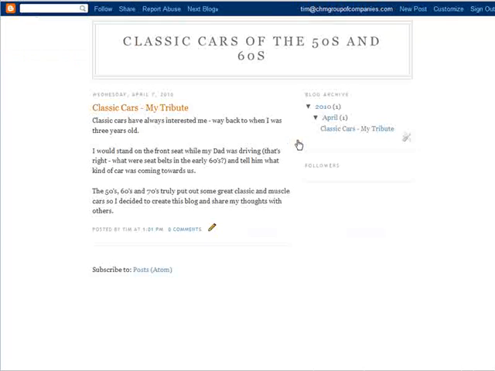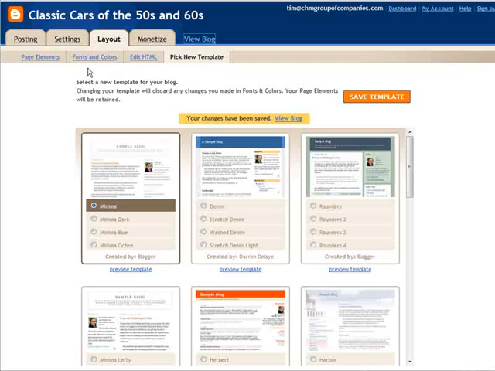Now, if we view the blog, you notice that we have this dashboard bar up here. So if you wanted to get rid of this off of your layout, you can do that, but there is no gadget to do it right now. You have to use a hack. Okay, so I'm going to show you how to do that. Let's just go back here. Let's go to,